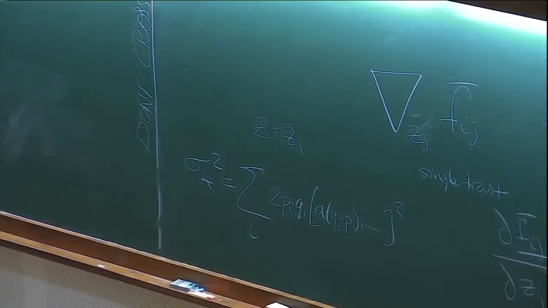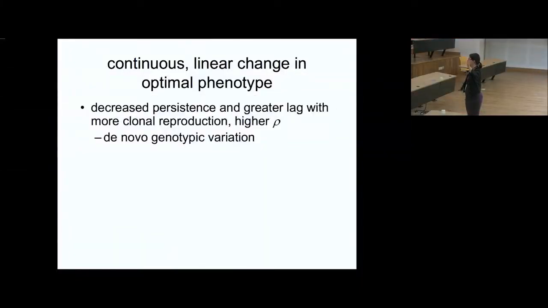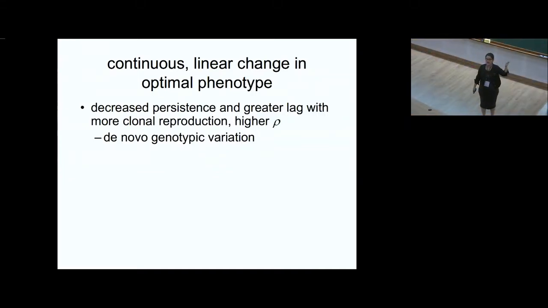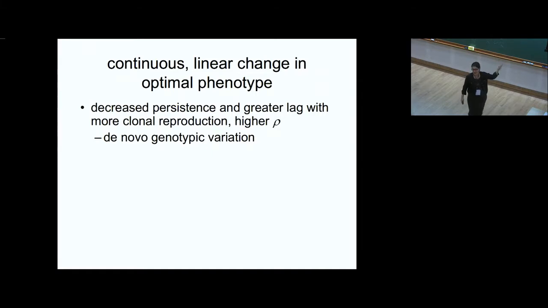So this type of selection depends on de novo genotypic variation. In these simulations, we might ask ourselves, where's that de novo genotypic variation coming from? It's coming from three sources. The first source is mutation, which is happening. The second source is recombination, which is, of course, happening in the sexual offspring and not in the clonal offspring. And the third source of randomness is the random part of the environmental component. And when we increase rho, we decrease that random environmental component. So a lot of the new genotypic variation is decreased in both clonal and with the matching.